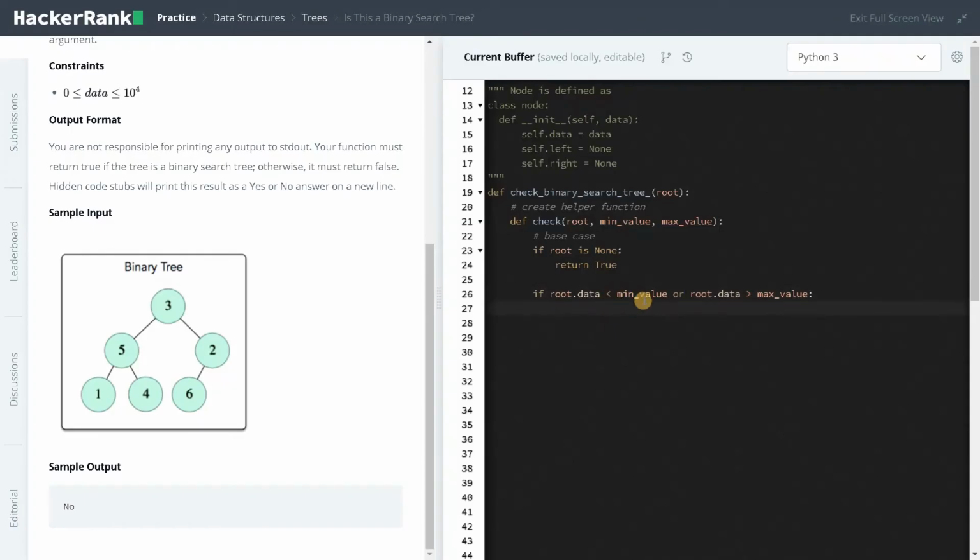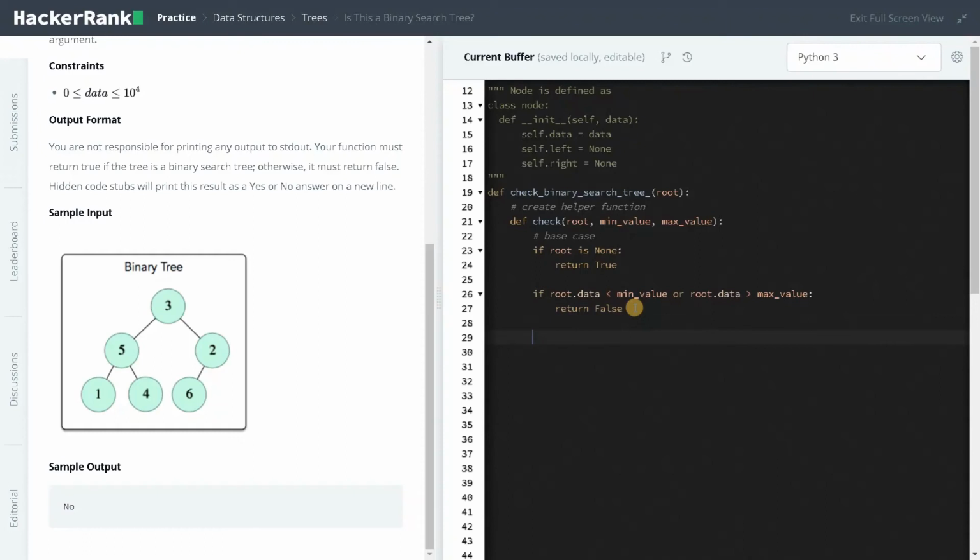If any of the conditions is satisfied we will return false. So as you can see, the condition should be that the minimum value will be lesser than root data and the maximum value will be greater than root data. If it's the opposite, we will return false. That means it is not a binary search tree.